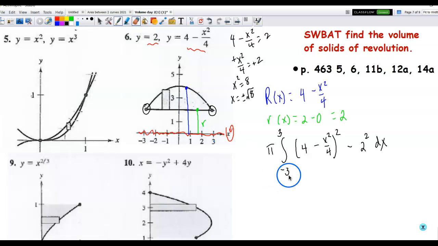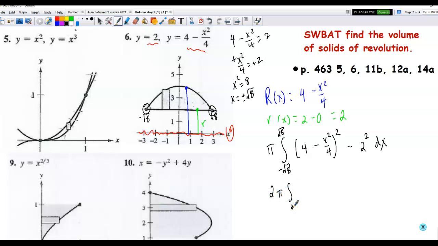So I was correct. These bounds are not negative 3 to 3, so be careful about making assumptions. So negative root 8 to positive root 8. Now, since these numbers are square roots, I do want to take advantage of my symmetry. So watch what I'm going to do. Instead of going from negative root 8, which is right here, to positive root 8, which is right here, I'm going to use this beautiful symmetry, and I'm going to double, watch carefully, 2 pi,